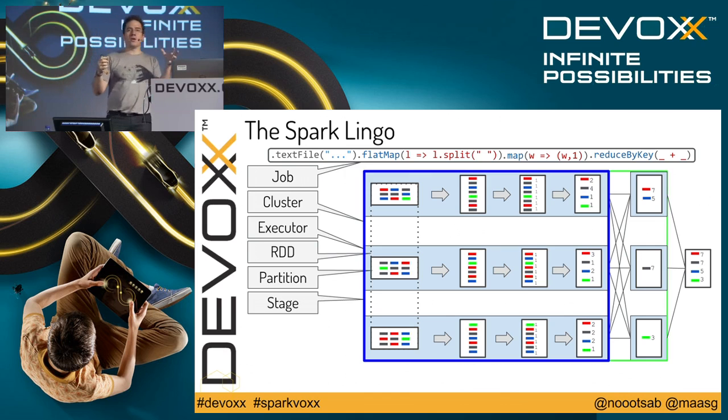So there is actually no creation of intermediate collections. There is no overloading of your memory. You will take the initial data, you will do the flat map, the map, and the map side reduce all at once, one after the other, and you will have your result on the partition immediately. And that is a stage. And a stage is very important because it will give you the resilient part.